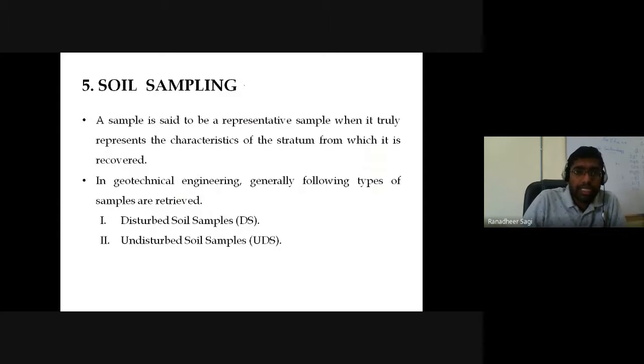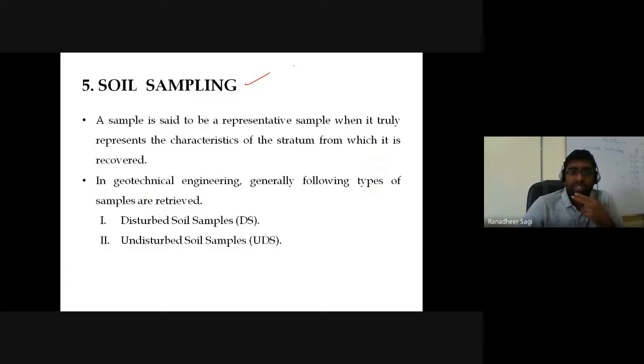Okay. Next, ultimately from the direct methods that we have talked about, it could be your test pit or maybe your boring process, what we are trying to do is collect the soil sample. We are trying to collect the soil sample for determining the respective properties of the soil which is available at different depths in the field.